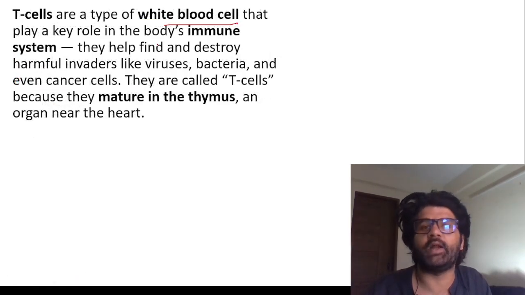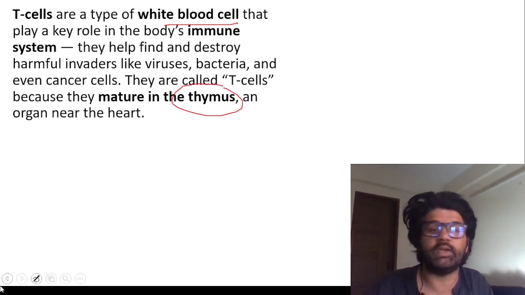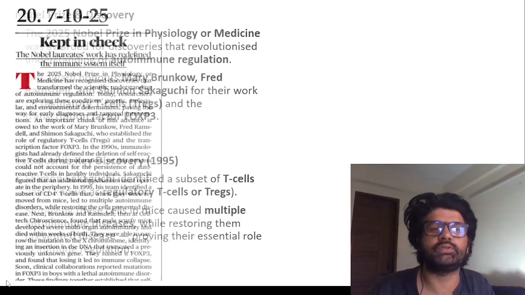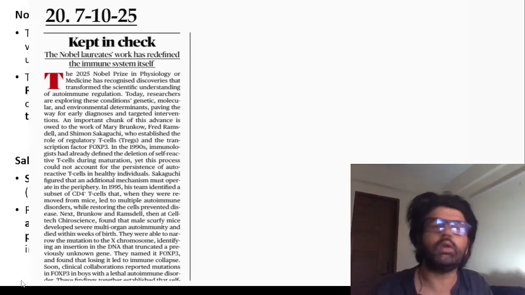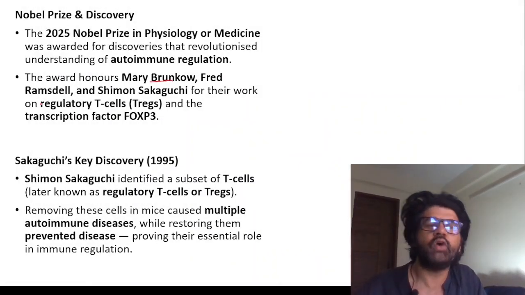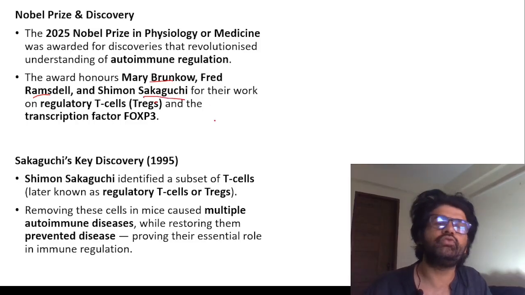T cells are a type of white blood cells, and they are called T because they mature in the thymus, an organ near the heart. Heart, people will say. Now let's talk about this whole news. So you understood this whole physiology Nobel Prize is associated with T-Regs, given to Brunkow, Ramsdell, Sakaguchi for their work